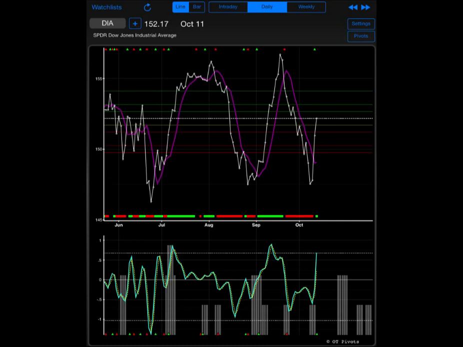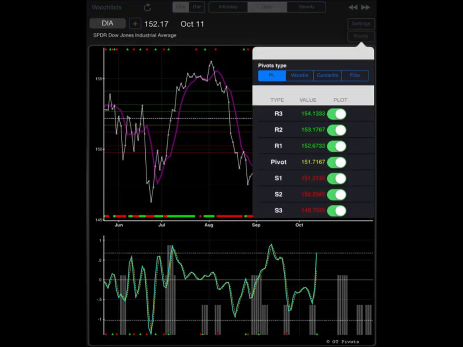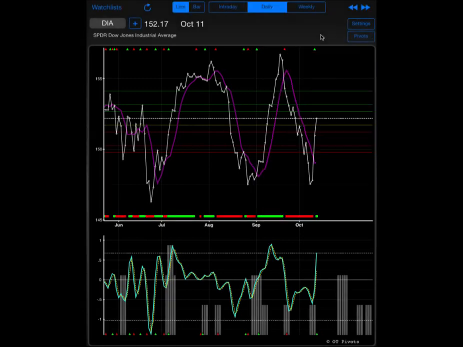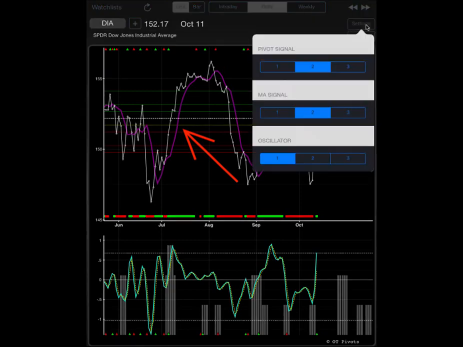There are 4 main ways to calculate pivot points, and they are all available from the app: Standard, Woody, Fibonacci, and Camarilla. In addition to the 4 pivot point calculations, the app includes our proprietary pivot moving average. The PMA smooths out price fluctuations, defines areas of possible support and resistance, and helps visualize the trend. Changing the setting for the PMA affects the frequency of the trading signals generated by the app.